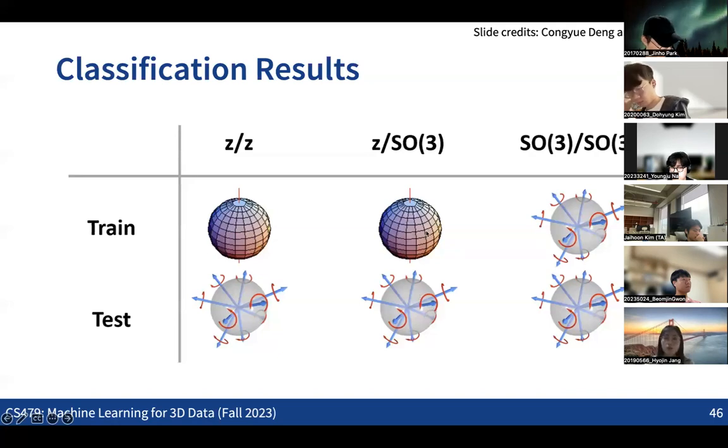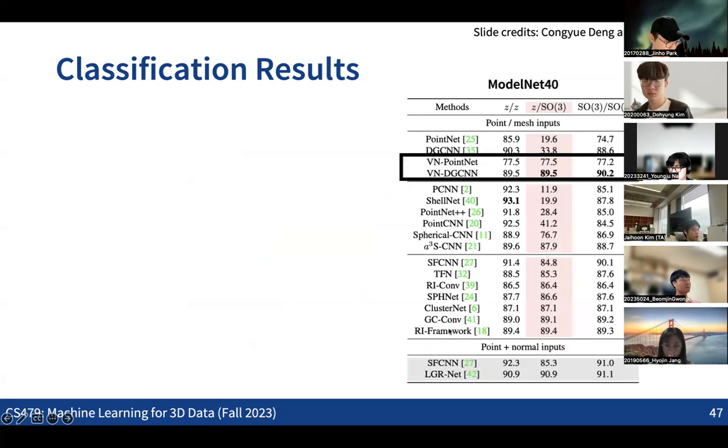Actually, the second case might be the more challenging case. In the training time, we only rotate 3D models along the z-axis, not making random rotations. But in the test time, we are making arbitrary 3D rotations. So we are testing whether the neural network can also handle 3D models with rotations that have not been used in the training process. So also for unseen poses of the 3D models, how robust the neural net would be in terms of handling this kind of new data. So these are basically the 3 cases.